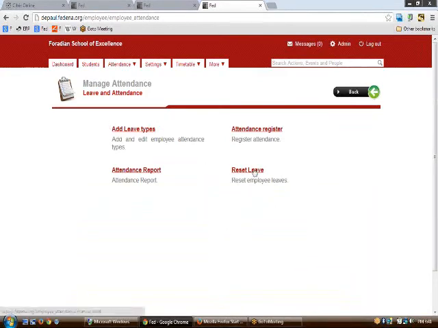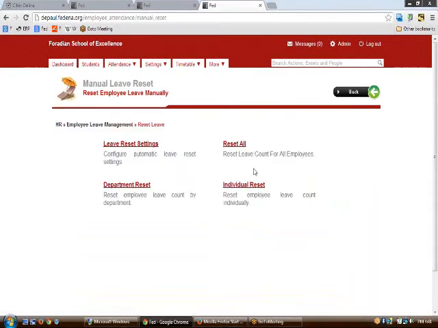Next comes the reset leave part. In reset leave we have 4 links called the leave reset settings, reset all, department reset, or individual reset. First of all, we would like to let you know what the reset leave is all about. Supposing you have different periods for your leave types. So let us say that CL has a period of 6 months, and in every 6 months your leave gets increased by 10. So in leave reset settings, we manage the period of the different leave types that are available in the institution, and we also